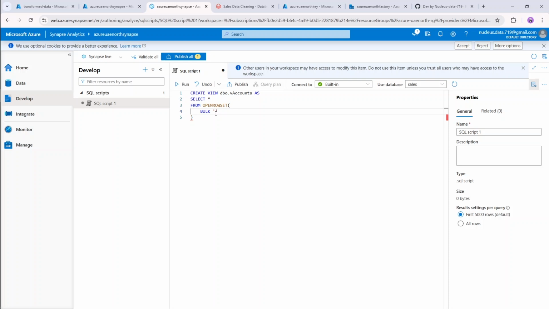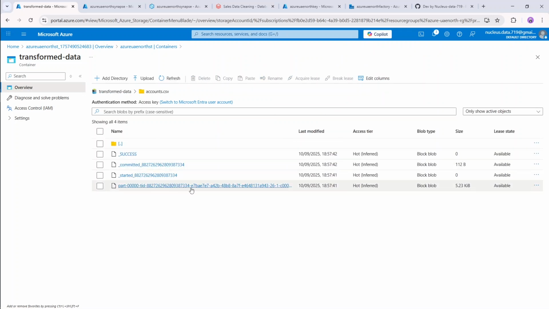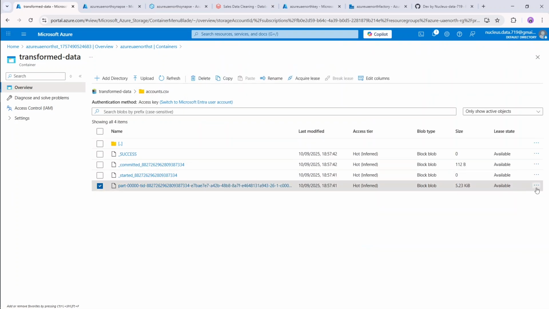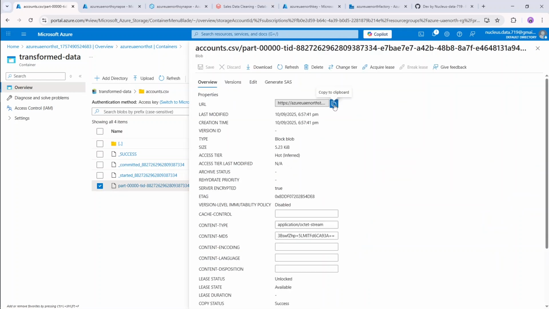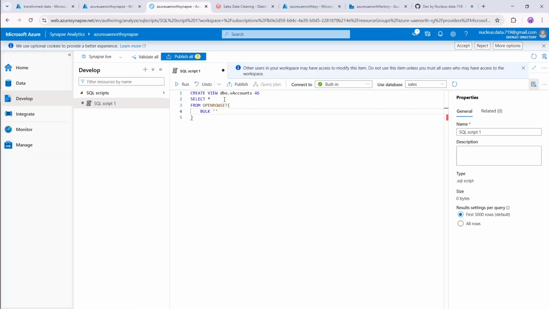Now the location which will appear here, we have to go to the transform data. Now click on accounts and this is our data. You can see it from here, view or edit. Okay, so copy this view properties and then copy this URL. Now write it in here,